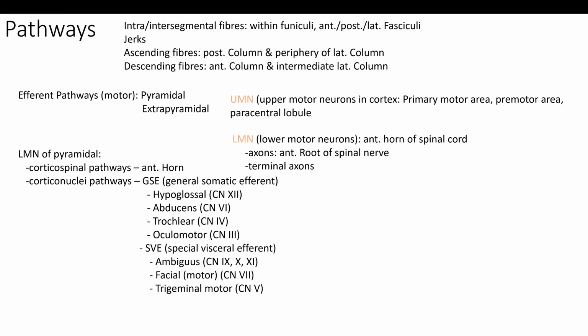Then there are the efferent pathways. We separate pyramidal and extrapyramidal pathways. The upper motor neurons, UMN, within the cortex, are the primary motor area, premotor area, and also the paracentral lobule. The lower motor neurons, LMN, are in the anterior horn of the spinal cord,